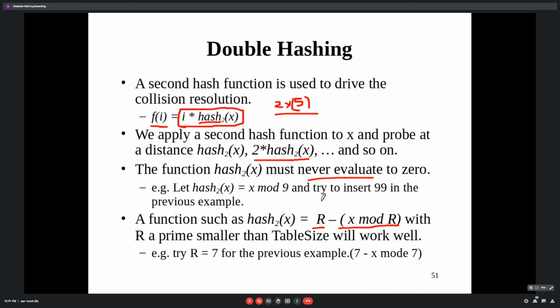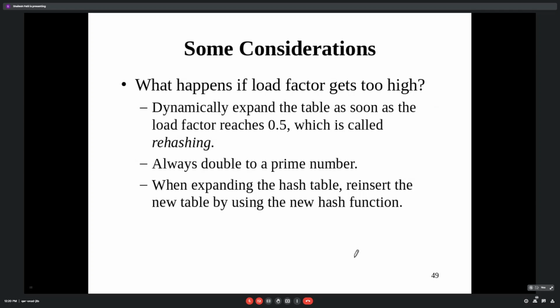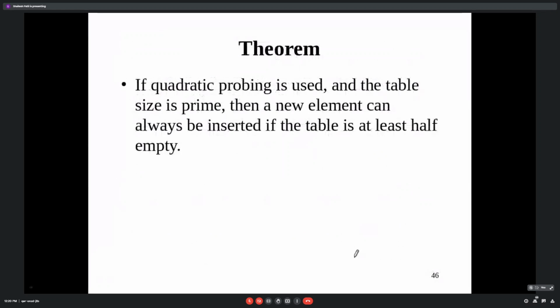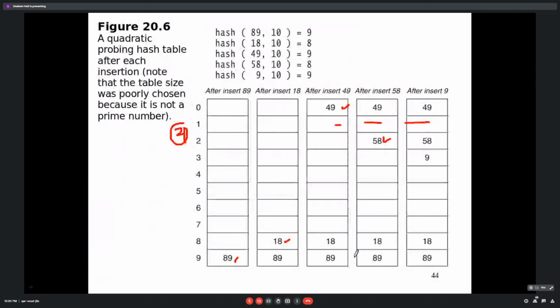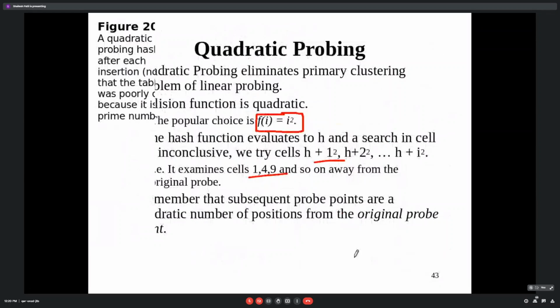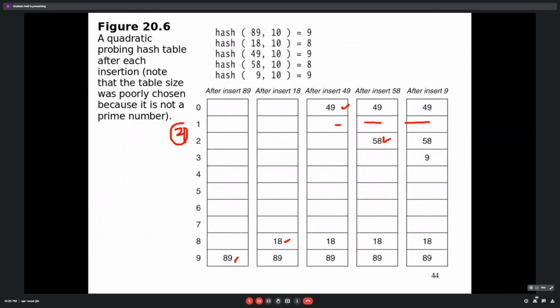Here r is a prime number less than the table size. Suppose r is equal to 7, so r is less than the actual bucket size. If you see the previous example with this, this is our example.